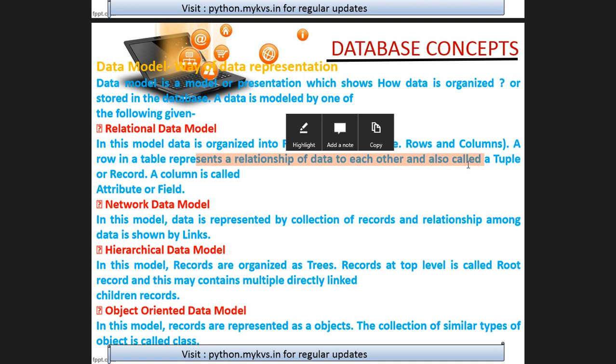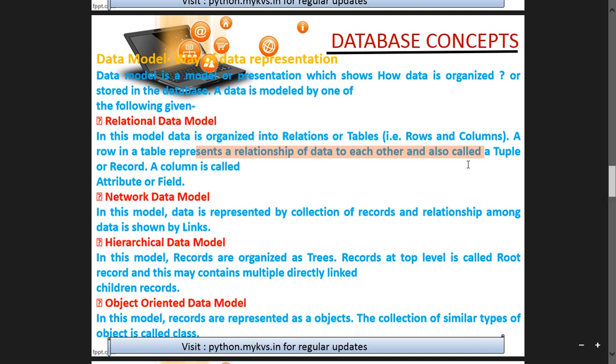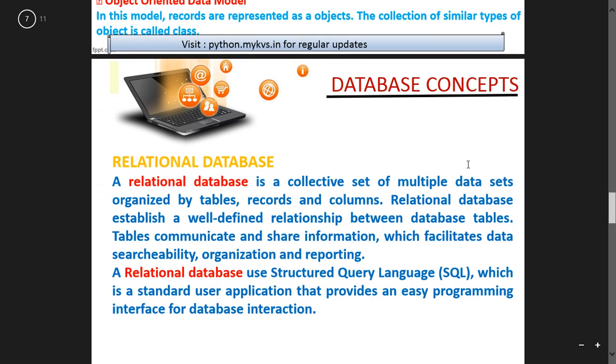Now the object-oriented model is still there, and Python actually uses that, but we don't store data permanently in Python. We have not yet reached the concept of class in Python. Okay, so we don't have to worry.